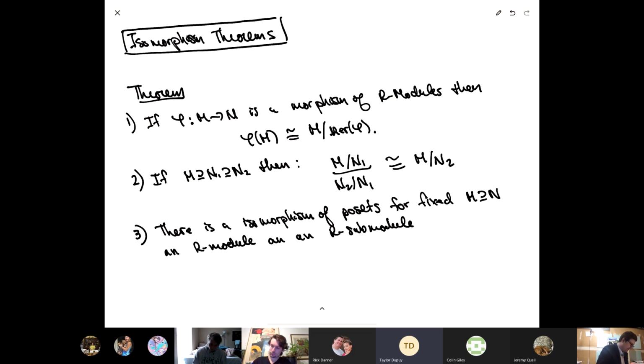Okay, so it's that submodules of the quotient are in bijection with submodules of M containing